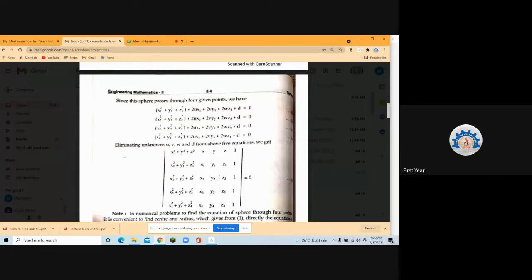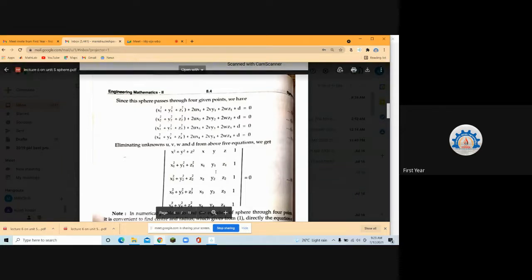You'll get 4 conditions. Then you'll get the center, and the distance of each of these points from the center should be equal. So comparing those radii, you'll get the values of those A, B, C. 4 equations you'll get. Try to solve them and get the values of your A, B, C or u, v, w as well as d. So we'll do that example by substitution. That becomes easier when you go for finding the equation of sphere passing through 4 points. This condition can be asked. So I just showed you this.